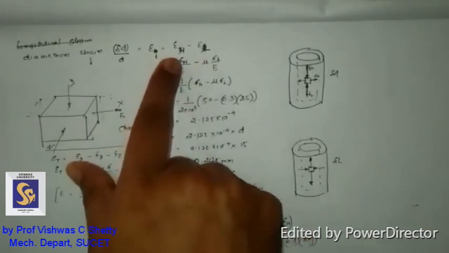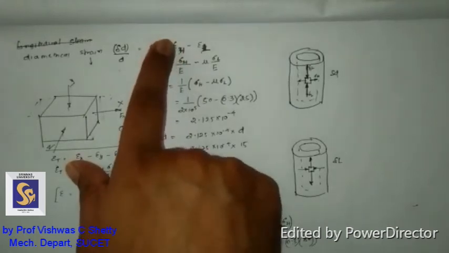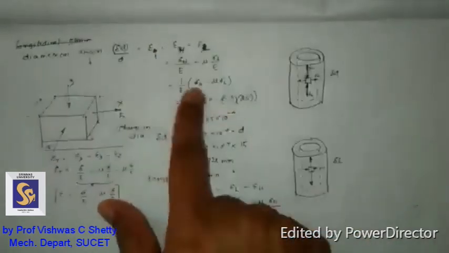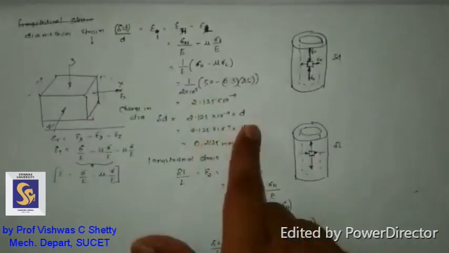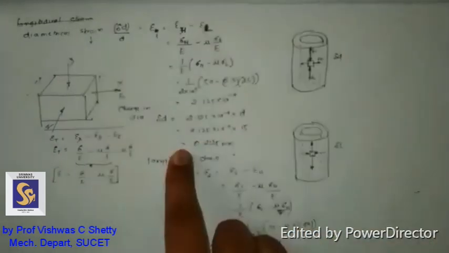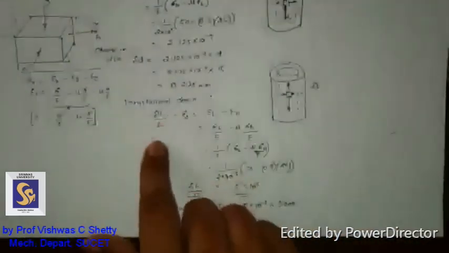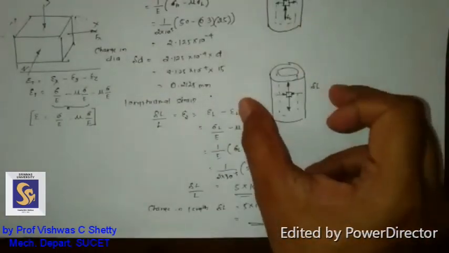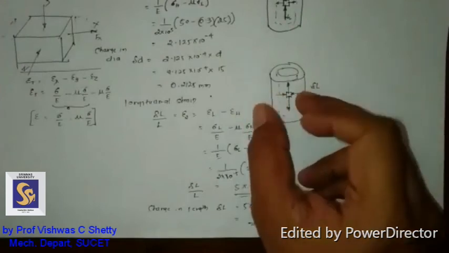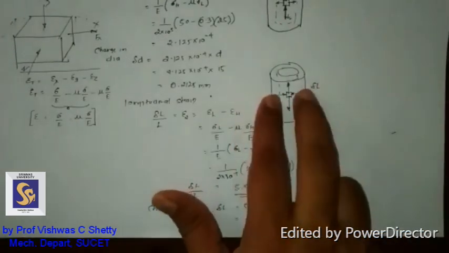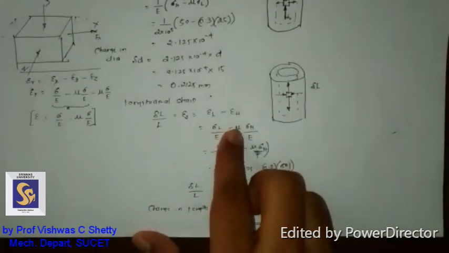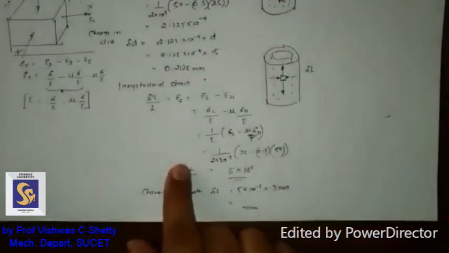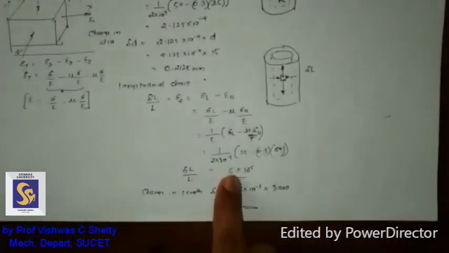So here it is the hoop stress, circumferential stress, written in terms of strain upon Young's modulus. Young's modulus is the same because the material is the same. So here you will get this value, multiply by the diameter, and you will get the change in diameter. Similarly, when you are considering longitudinal strain, it is going to expand this way, so in the diametric direction it is going to compress. So the hoop strain becomes compressive in nature, so you have taken Poisson's ratio, the elastic constant. So here delta L upon L you will get 5 into 10 power minus 5.